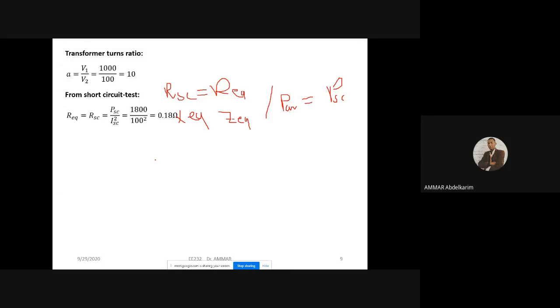So R equivalent, which is almost the short circuit resistance, equals the power measured in the short circuit test, PSC, P short circuit, if we neglect completely the core losses in this test. So the short circuit power will be equal to the copper losses, over the short circuit current square. Here,